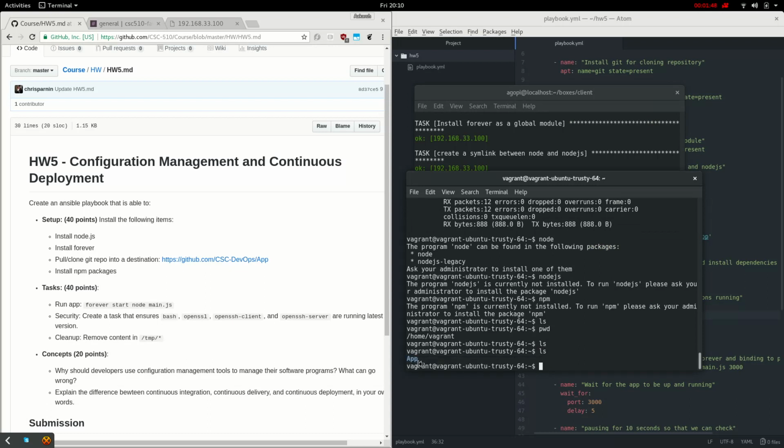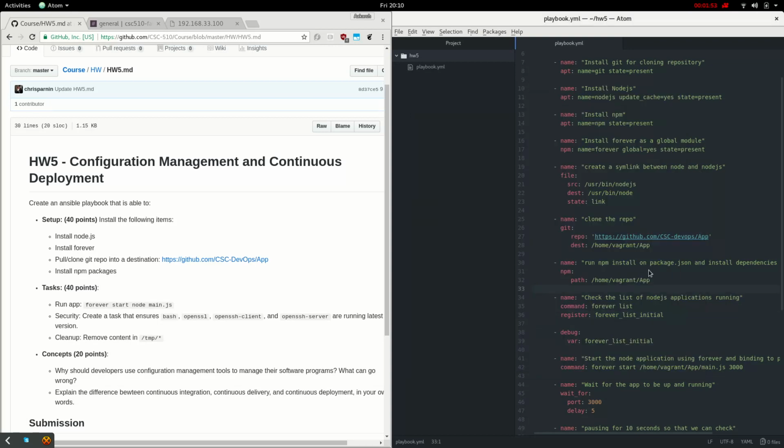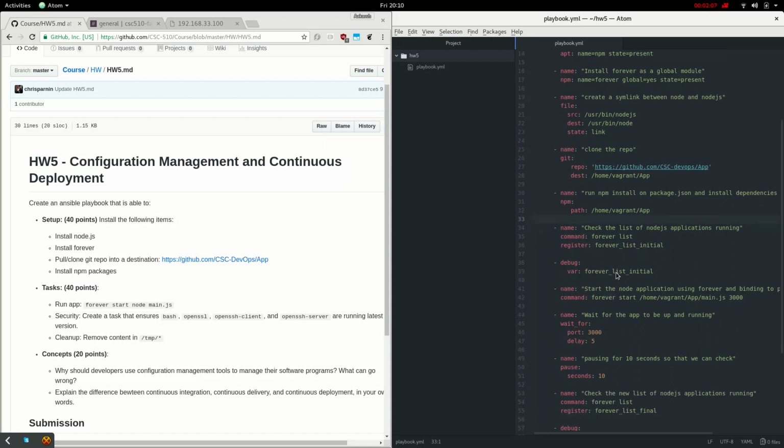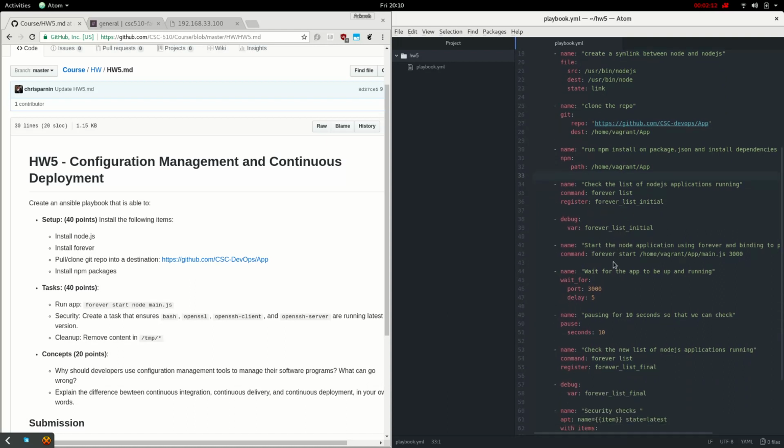As you can see, it's already been cloned. Now let's check. Following which, we'll be installing the dependencies from package.json using npm install, and we'll first check the list of Node.js applications running, and then output it to the screen using debug after we save it as this variable. And then we'll start the application using forever start, and we'll bind it to the port 3000,